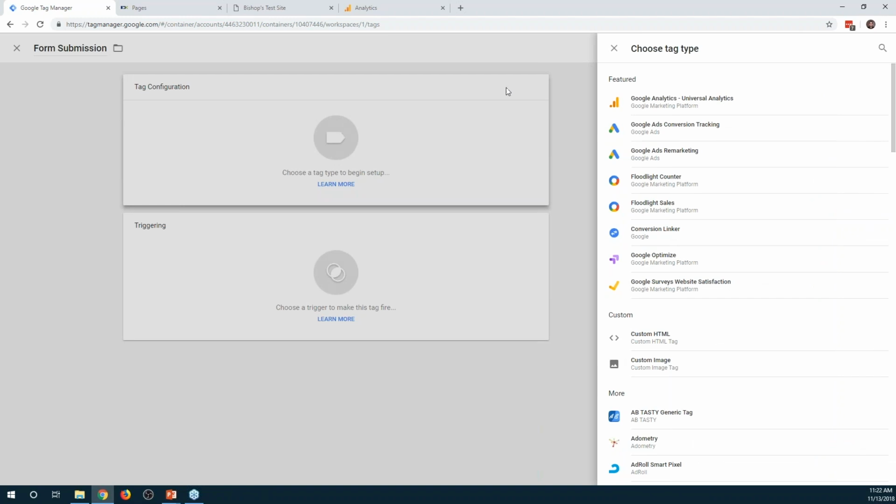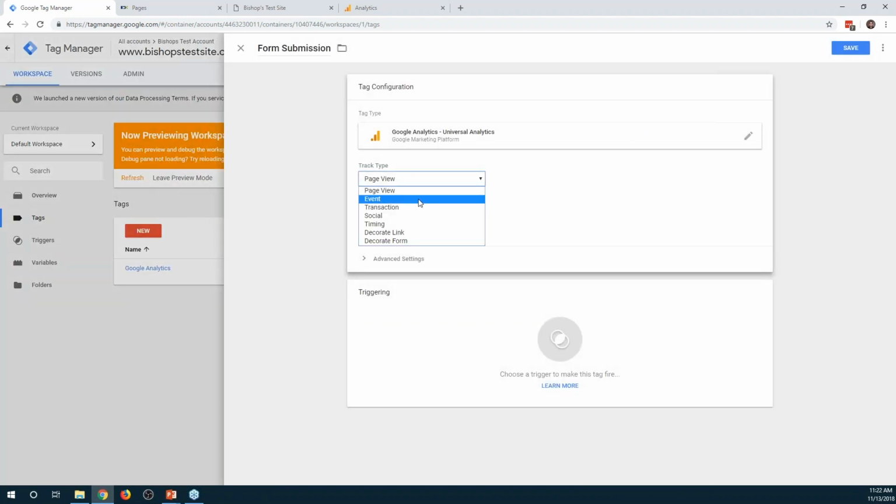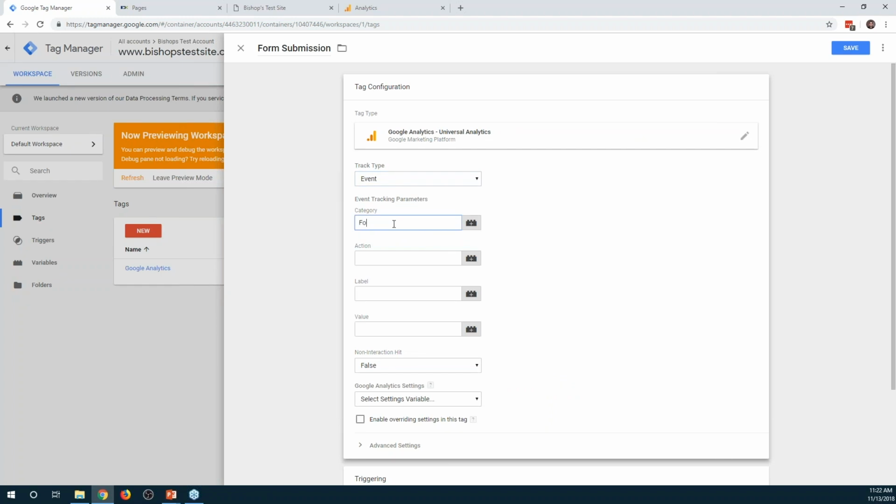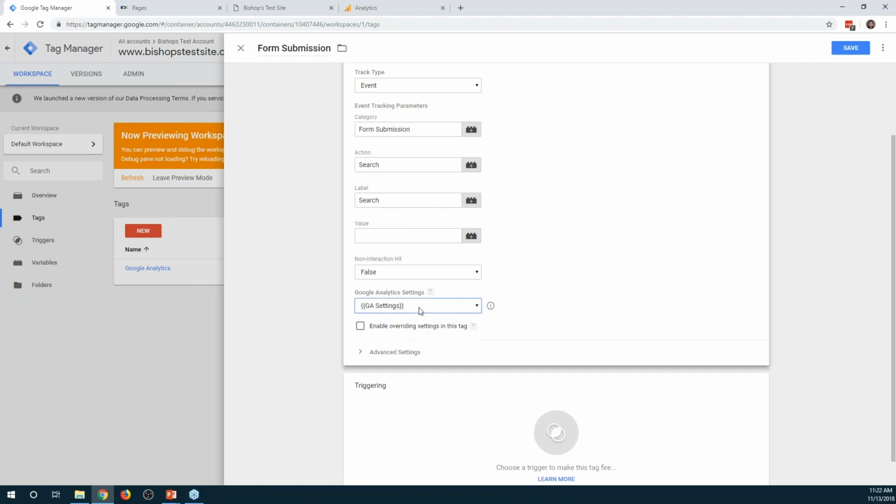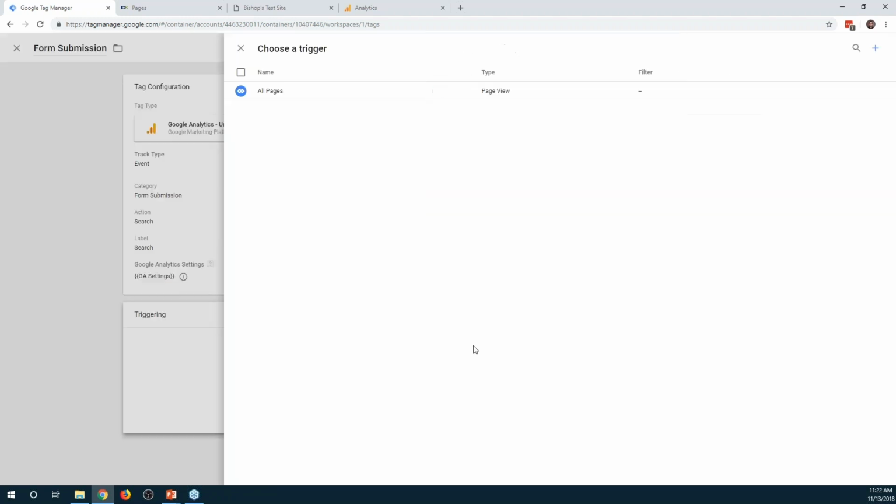And tag configuration. And this is going to be a Universal Analytics tag again, but this time I want to track an event, and I want the category to be form submission, action being search, and then label being, it can be whatever you want it to be, but I'll just make it search as well. We'll use the GA settings variable that we just set, and then under triggering, we'll create